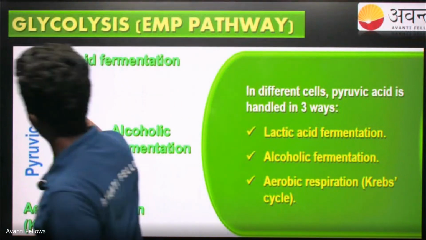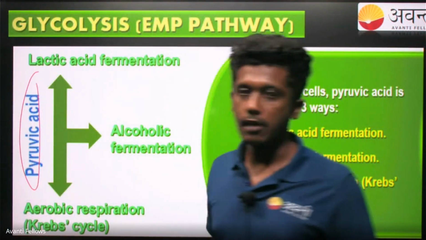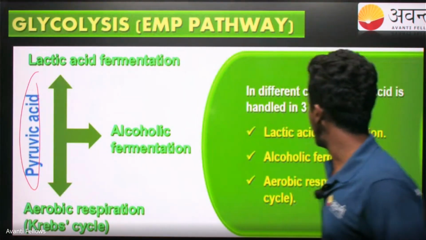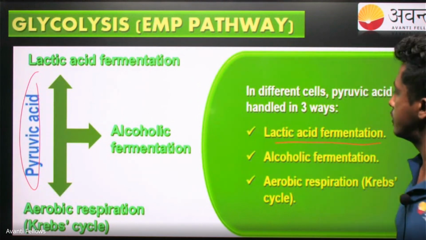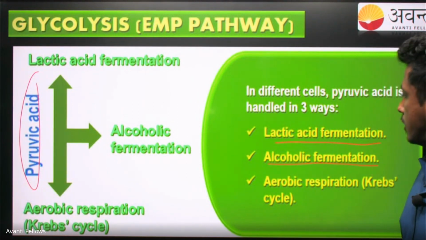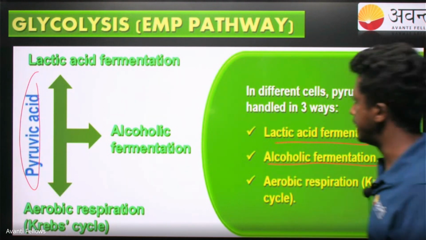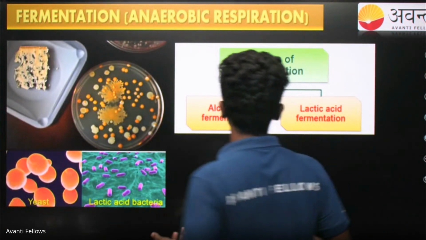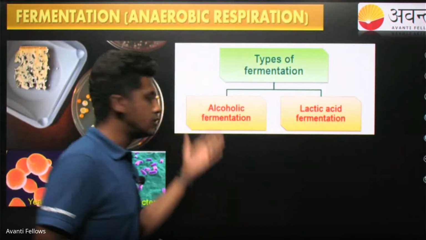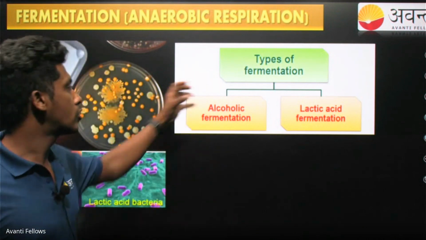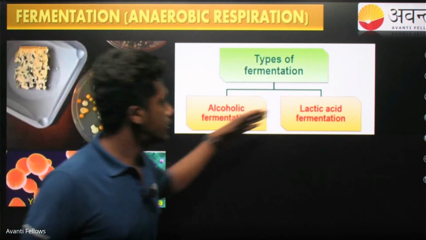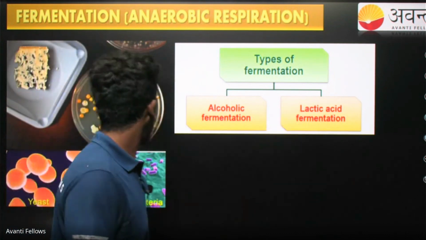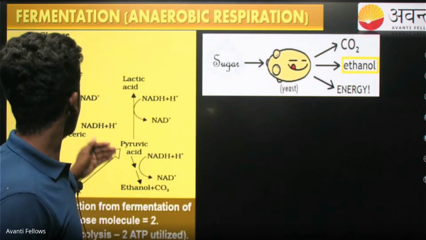What happens to the pyruvic acid, or pyruvate, that is released in our tissues or in bacterial cells? First we'll talk about lactic acid fermentation, then alcohol fermentation, and finally aerobic respiration. We have very detailed things to talk about. In anaerobic reactions, if you take any fungi or bacteria, alcohol fermentation is possible. In tissues where there is less oxygen during exercise, it leads to lactic acid fermentation. How does this happen? Look here.